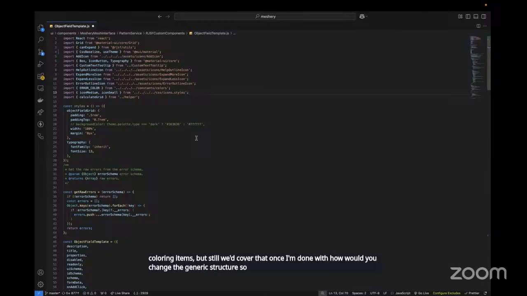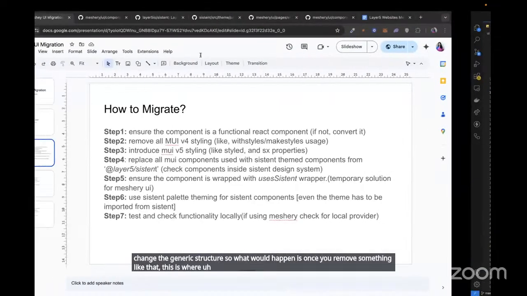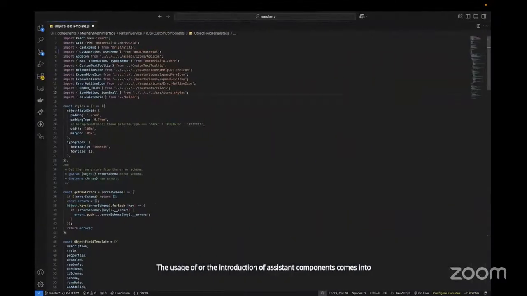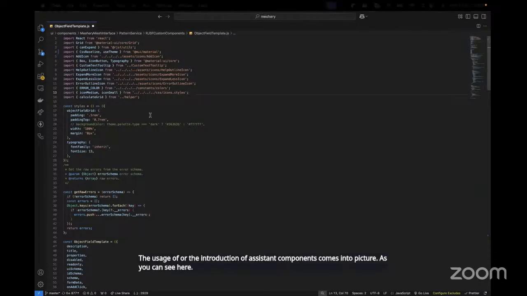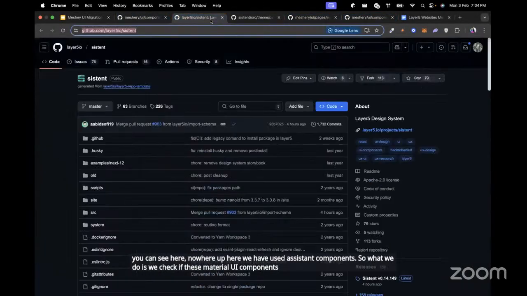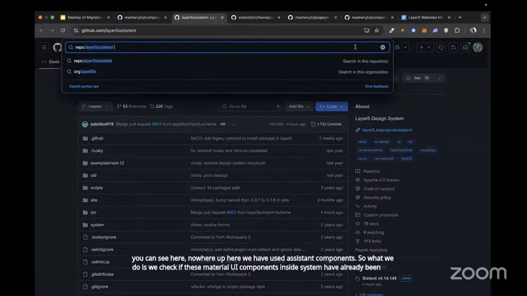So what would happen is once you remove something like that, this is where the introduction of system components comes into the picture. As you can see here, nowhere up here have we used system components. So what we do is we check if these Material UI components inside system have already been converted into version 5.